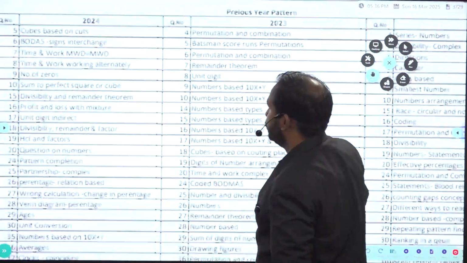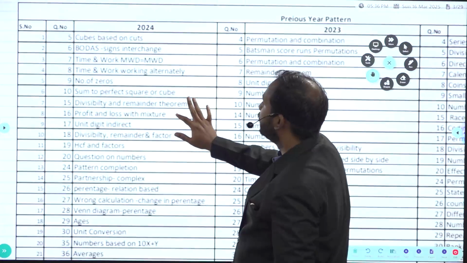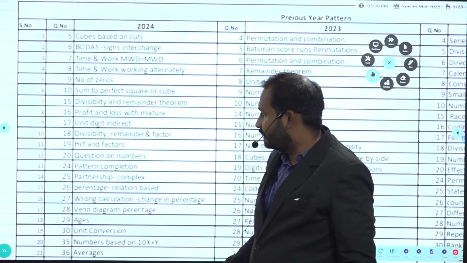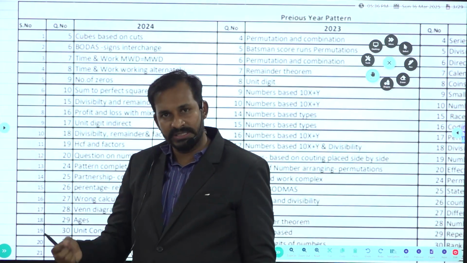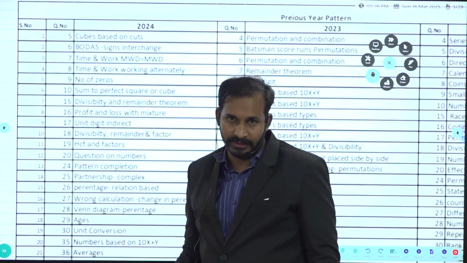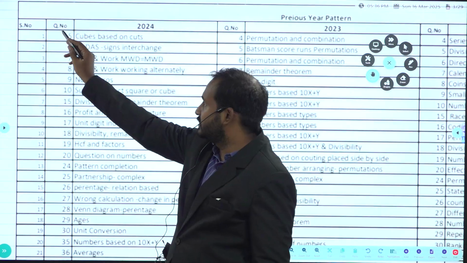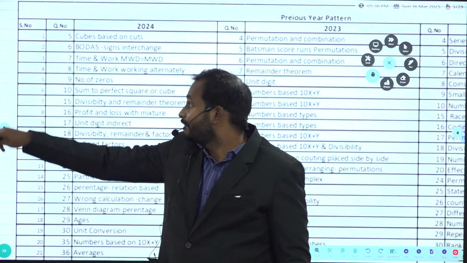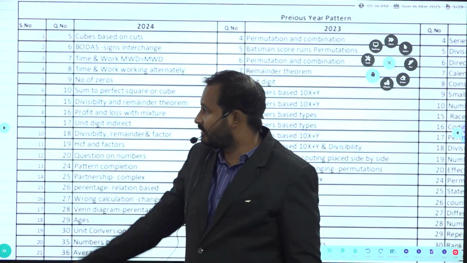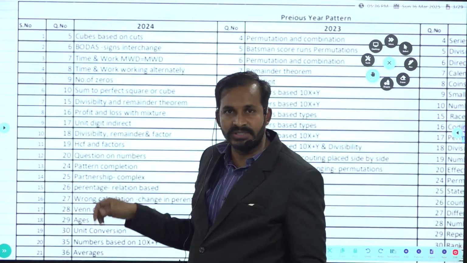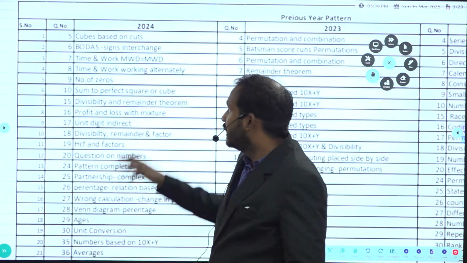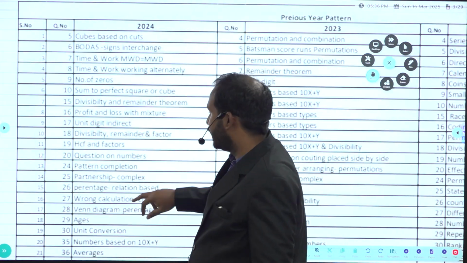If you observe carefully, in 2024, we already know that generally on the UPSC website, they upload the set A paper. So these question numbers are from that set A only, and these are just for a count; we have given the serial numbers. See, the 5th question in 2024 is based on cubes and how they were cut. And next is boats, mass, time and work, like this.